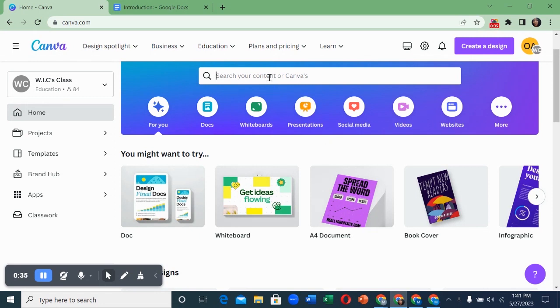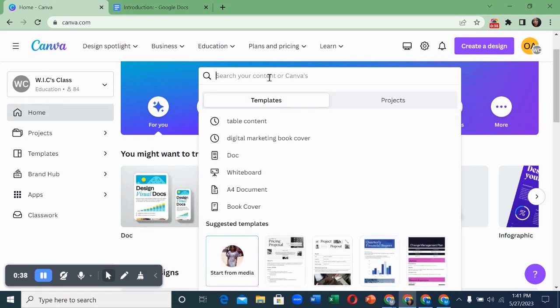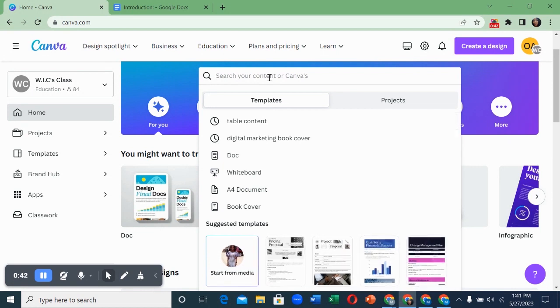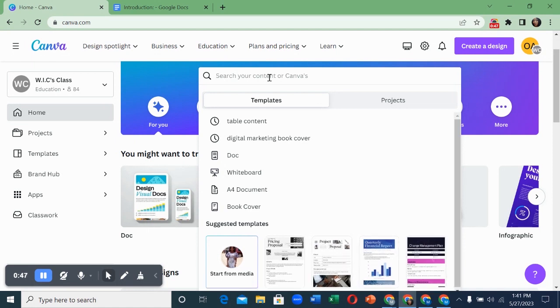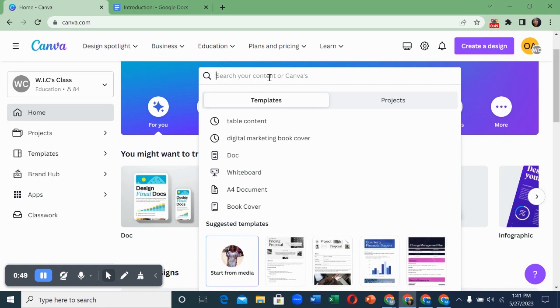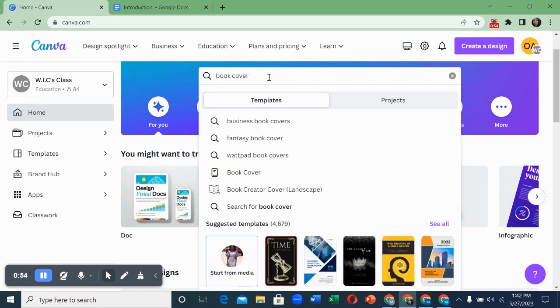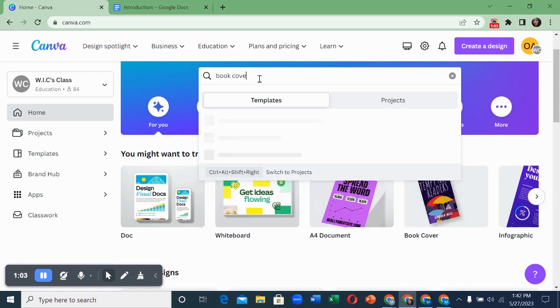So what you do on the search bar, you are going to search for book cover, because when you are designing your ebook, the first thing you need is your book cover. You can't design an ebook without having a book cover. There are two ways to do this. You can either search for book cover, or you can use the keyword of the book that you're writing about. Let's say you're writing on digital marketing. Now you can just come here and type something like digital marketing book cover